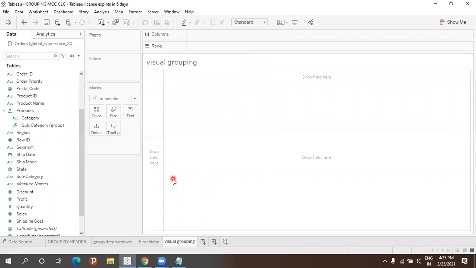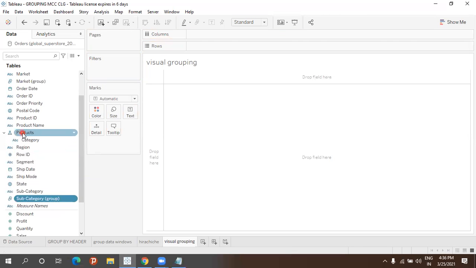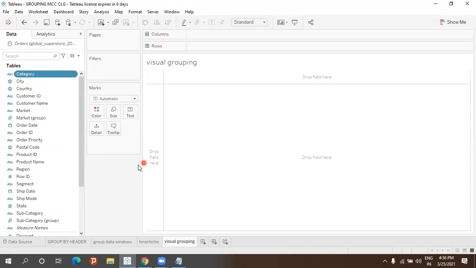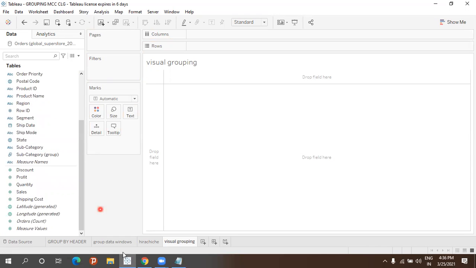Okay, so we are going to do grouping based on visual grouping. Now here it is going to be slightly different. First of all, let me drag and drop this outside. Let it be outside, and let me delete this hierarchy. We don't want this one here.